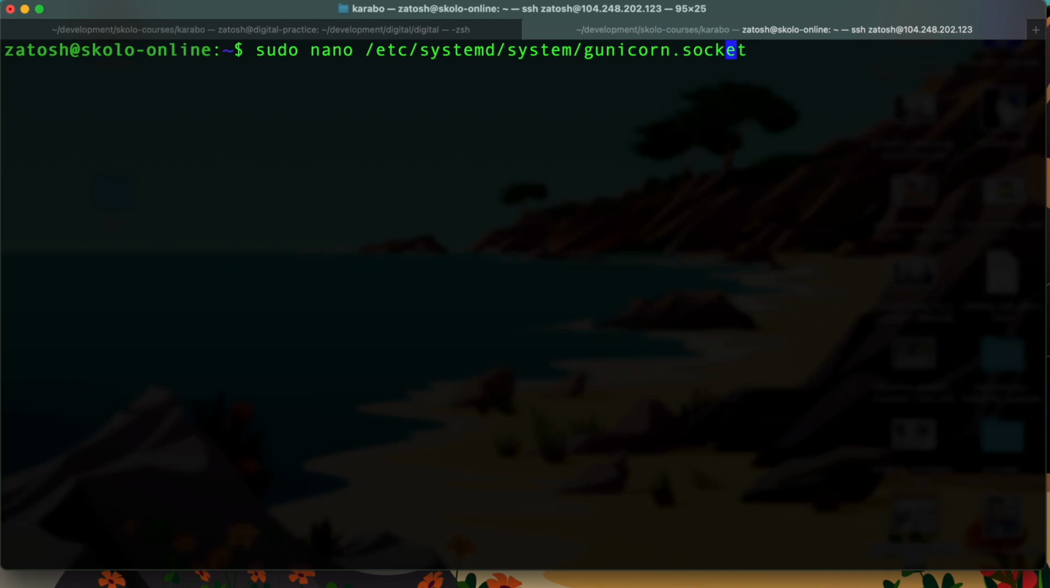I don't want to call this file gunicorn. I want to call it my application name so that I know, if I'm running multiple applications in the same server, which application is which socket. Okay, so I'm going to call this Karabo socket. Okay, karabo.socket. And the reason why you use sudo is that you are running this as a super user, because